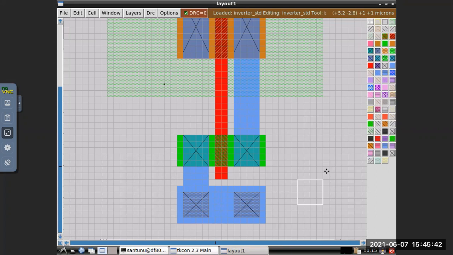So now what you'll do? You will give the name. Input, output, VDD, ground. So here what you will do? This is ground.